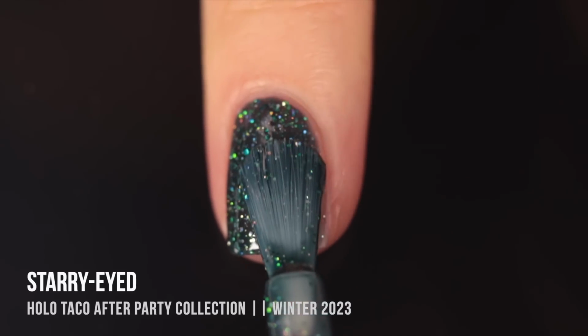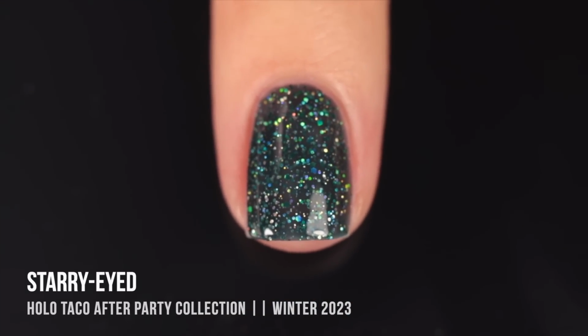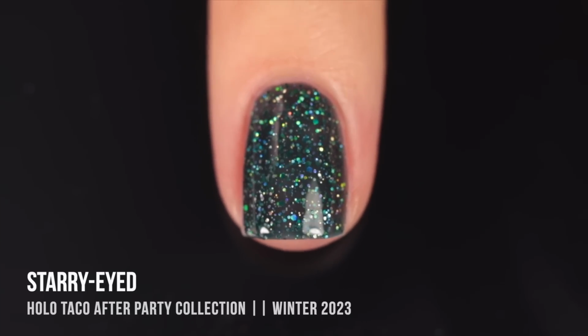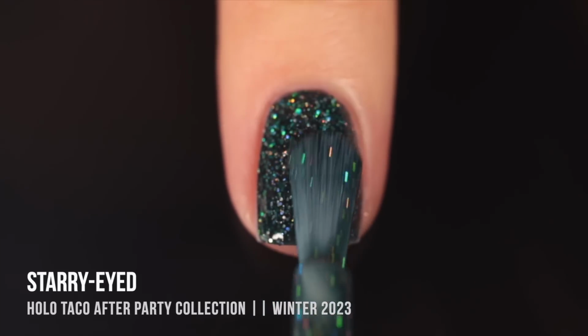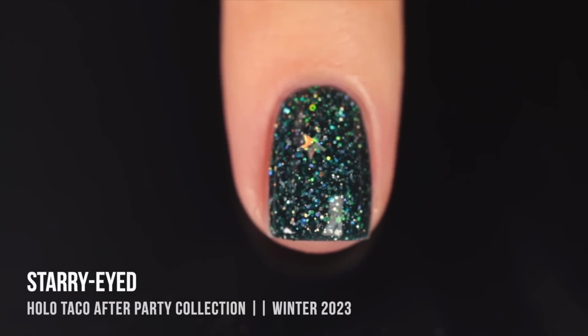And I did notice as I was applying it normally, I wasn't getting the star glitters onto the brush. So I ended up actually spending a good amount of time fishing around in the bottle to get a star glitter onto my nail for the final coat. I was pretty surprised because the promo pictures had a lot of star glitter, so I'm not sure if maybe my bottle just didn't have that many, but it's a little bit tougher than using a glitter topper